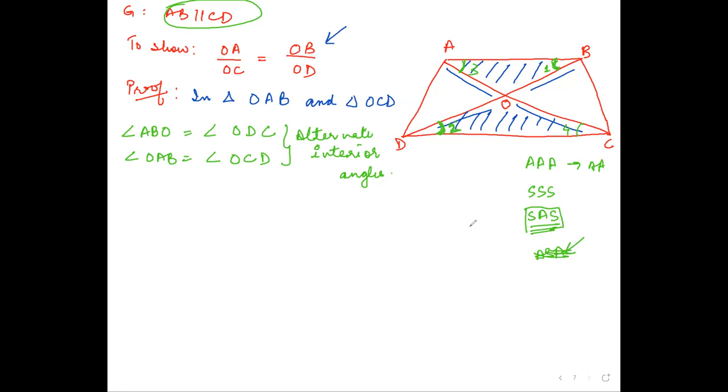Now I can use AA here directly, but AAA also I can use because ultimately these two angles are also equal. What kind of angles are they? It is clearly visible in the figure that they are equal. Vertically opposite angles. So I can write angle AOB is equal to angle DOC, which is vertically opposite. So all the three angles are equal. Okay, so by AAA similarity criteria,